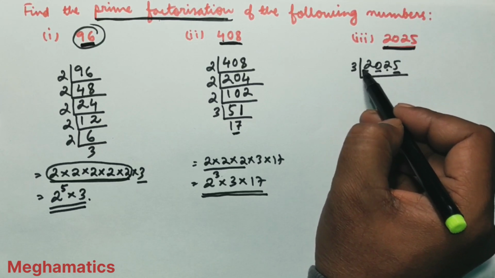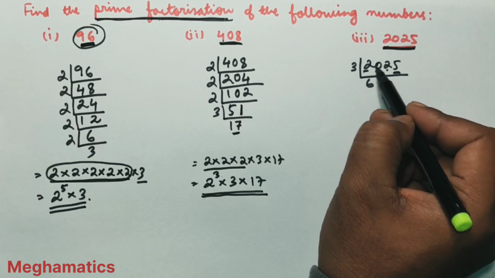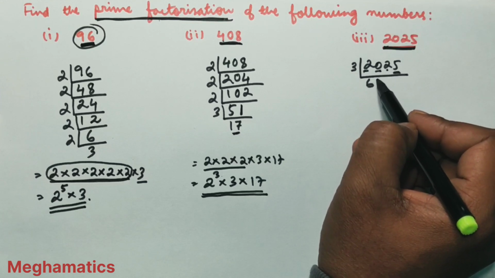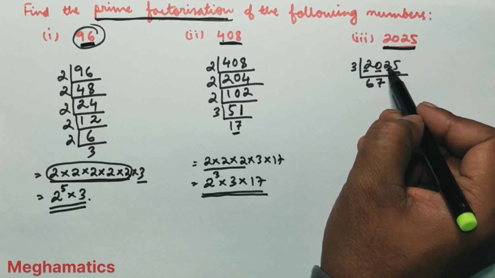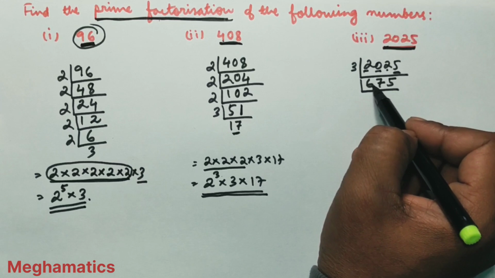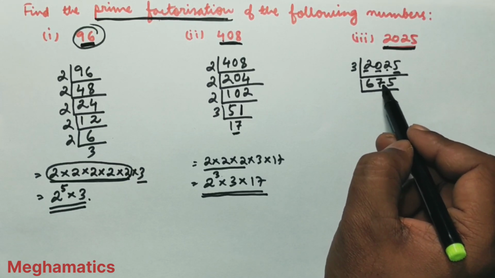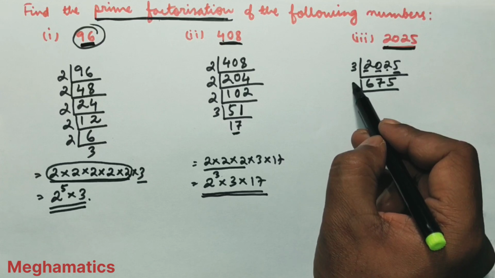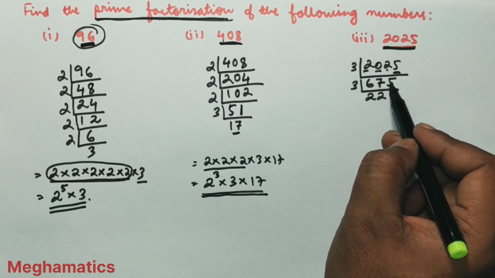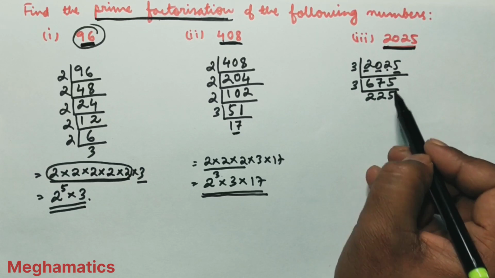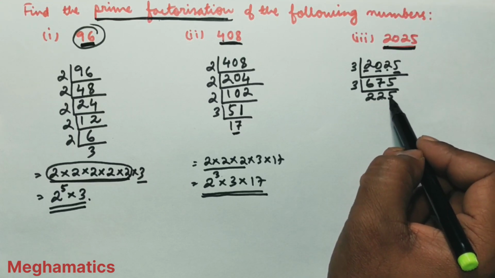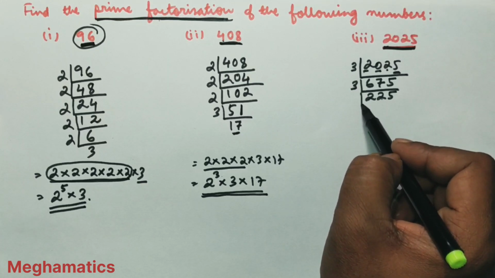So if we try by 3, 3 6s are 18, so 20 minus 18 is 2, so 2 and 2, 22, so 3 7s are 21, so remain 1, so 1 and 5 15, 3 5s are 15. Now again we will see whether it is divisible by 3 or not. So 6 and 7 13, 13 and 5 18, so it is divisible by 3. So 3 2s are 6, remain 1 here, 1 5 15, 3 5s are 15. Again we will see whether it is divisible by 3 or not. So 2 and 2 is 4, 4 and 5 is 9, and 9 is divisible by 3, so this is